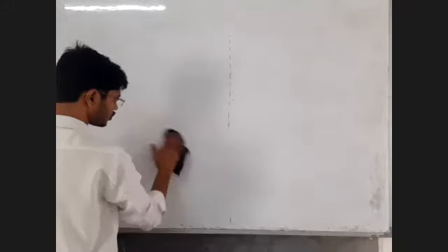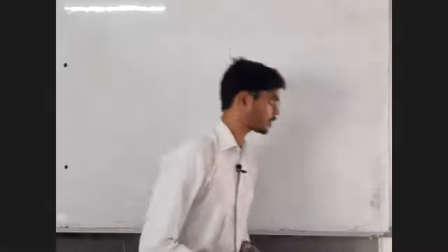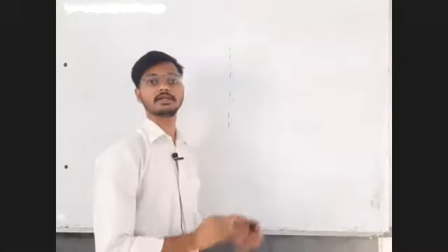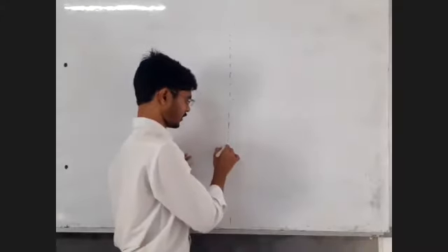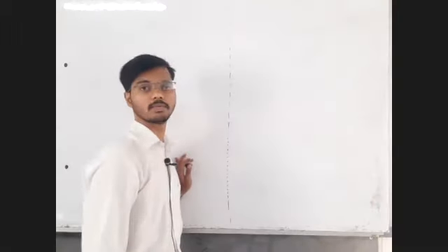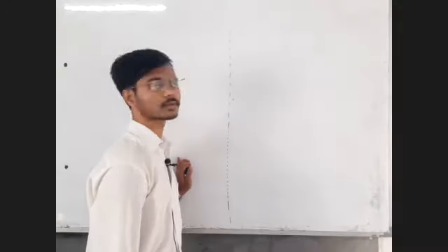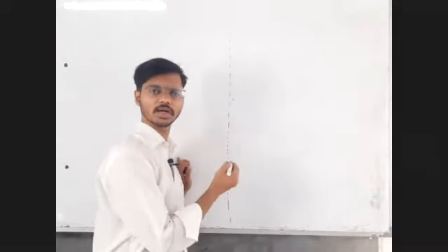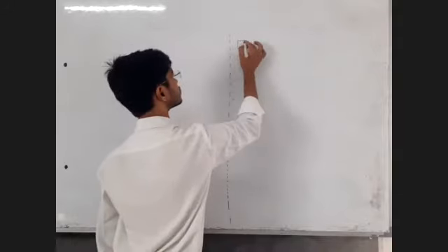Dipole means 2 point charges. You must have heard this before in chemistry. Electric dipole moment. Have you heard of dipole moment? Yes, sir. We have heard about dipole moment. Now we are going to define it. We are going to learn how to calculate it. Okay. Fine. So write down what an electric dipole is.